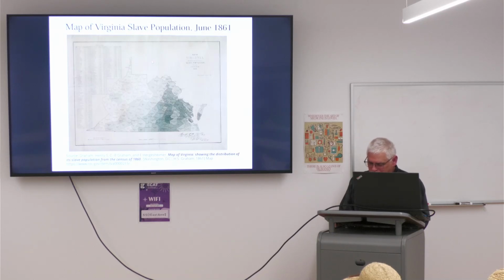This map is different from the previous slavery maps that we have seen in several ways. First, the scale of the map is larger and more granular. The previous maps were national maps with the states as a unit of measurement. This map of Virginia has counties as a unit of measurement. Larger scale, larger detail. The other difference is that the previous maps indicated the presence of slavery again as a